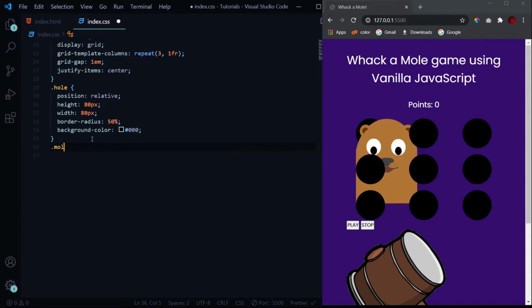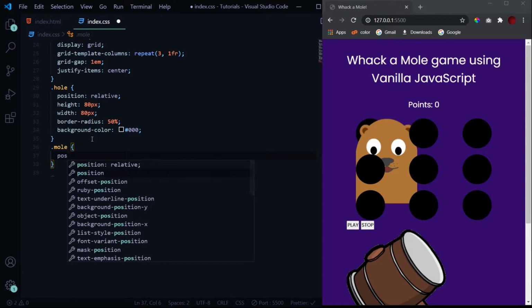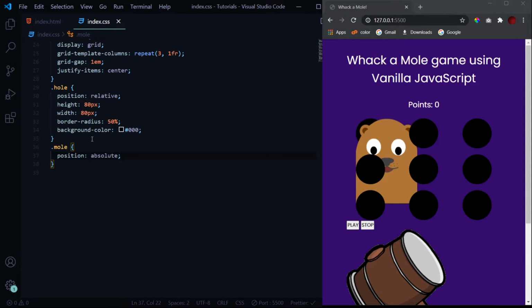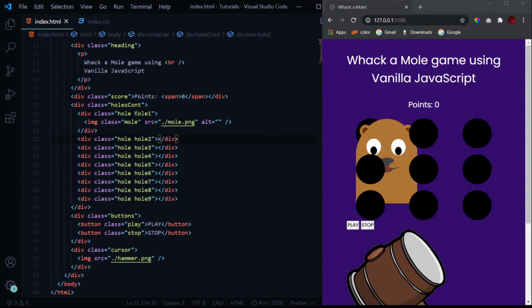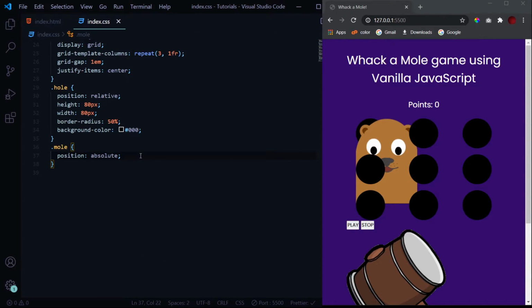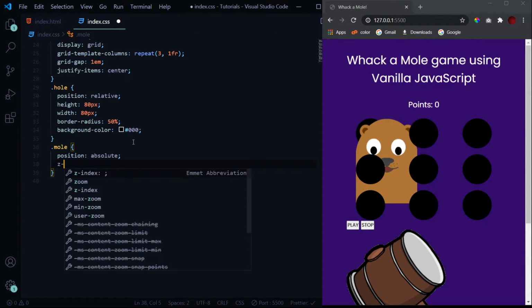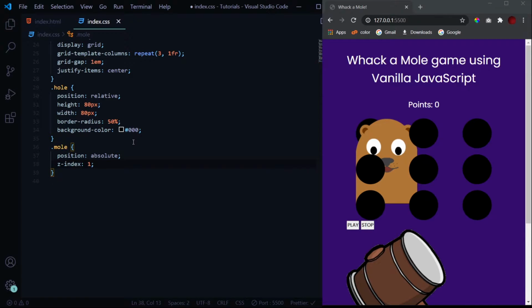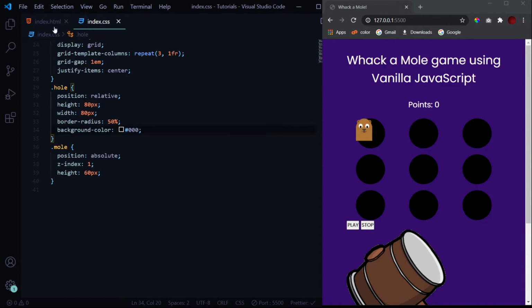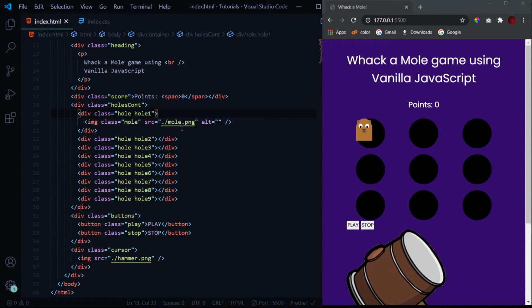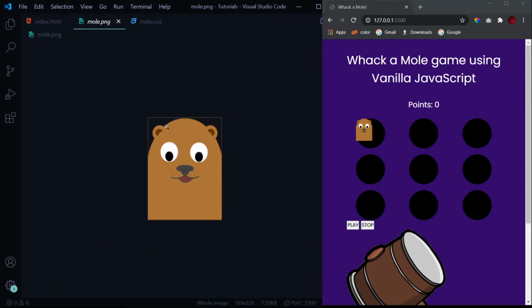So .mole, a position of absolute. Right now we have it inside our first hole. Position absolute, then a z-index of 1 so that it sits on top of the hole, a height of 60 pixels. Actually let me show you this image as well. So this is the image.